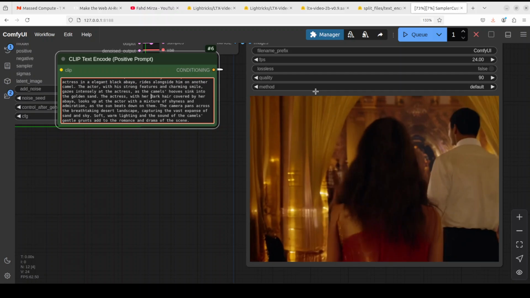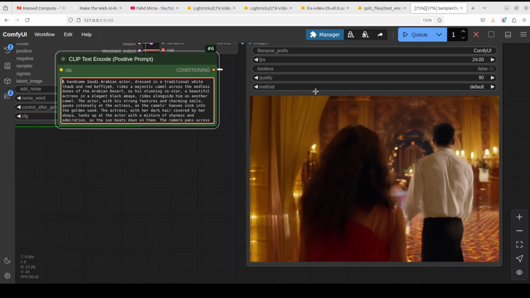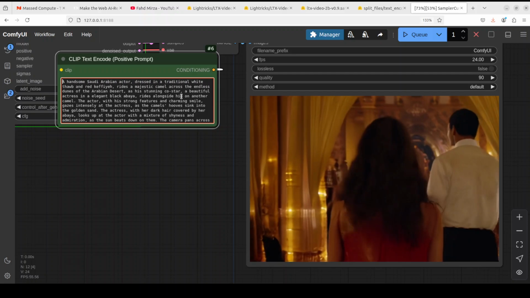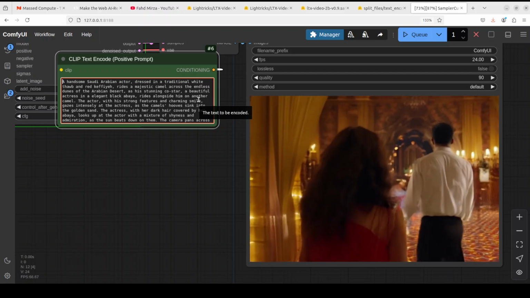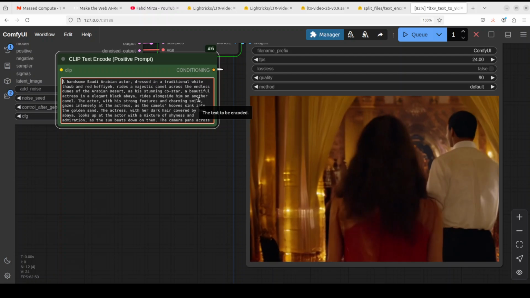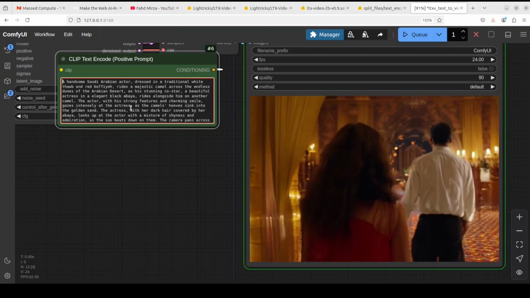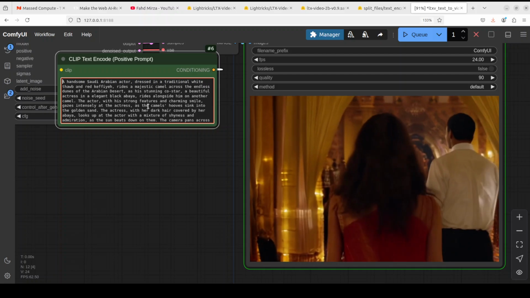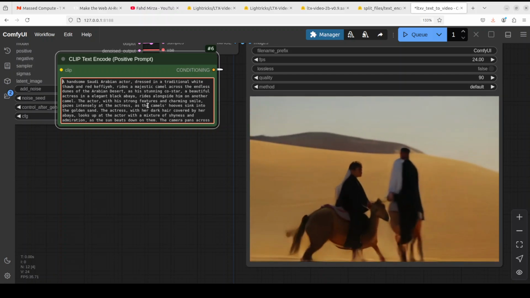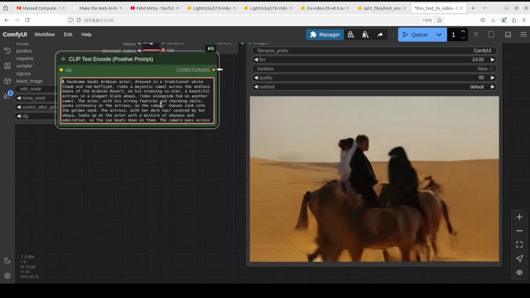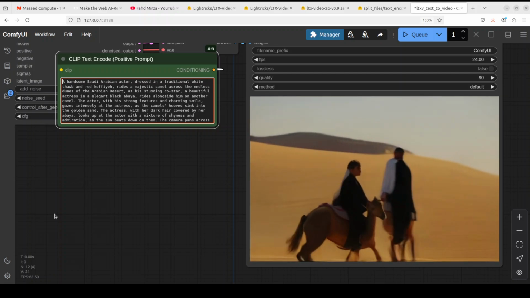Now in the next scene, what I'm asking it to do is that a handsome Saudi Arabian actor dressed in a traditional white thobe and red kafaya rides a majestic camel across the endless dunes of the Arabian desert, and then his stunning co-star, a beautiful actress in an elegant black abaya and that sort of stuff, rides alongside him on another camel. So it is generating it. Let's wait to see what it generates. There you go. Bit malformed, but I think we can do it. Amazing stuff. So, well, you can see that I can just keep playing with it as much as I want,